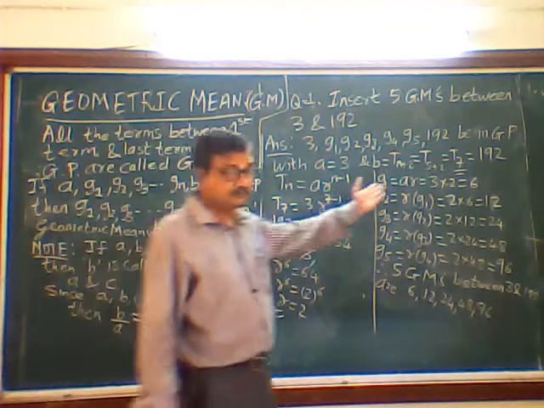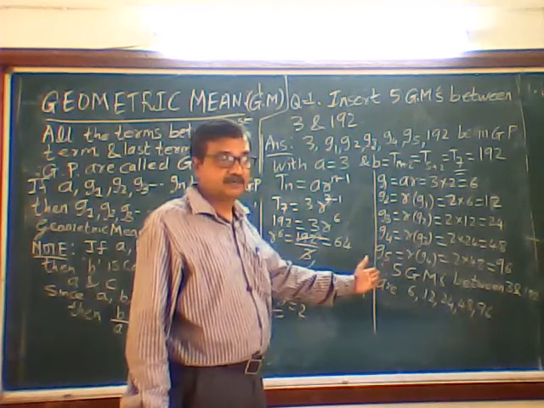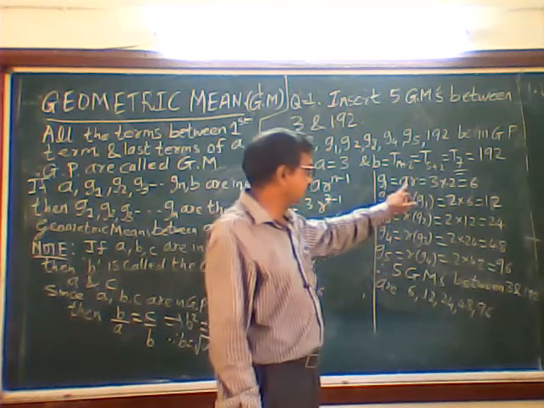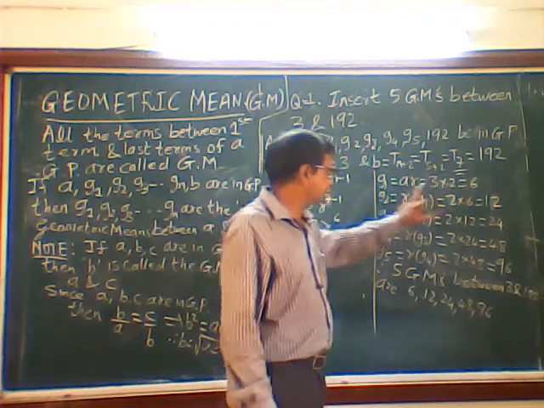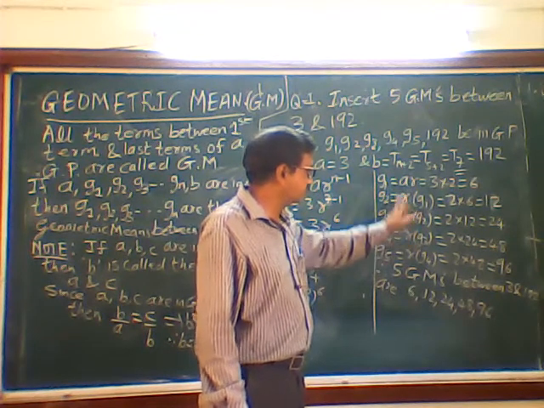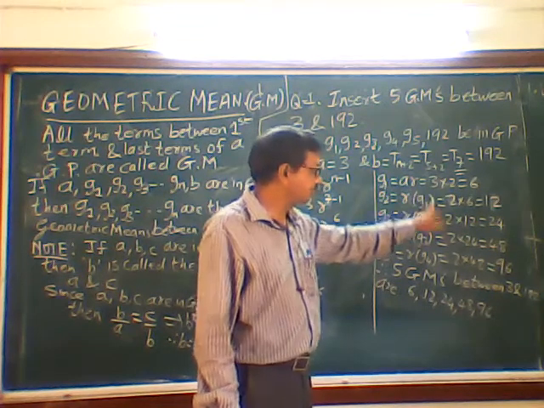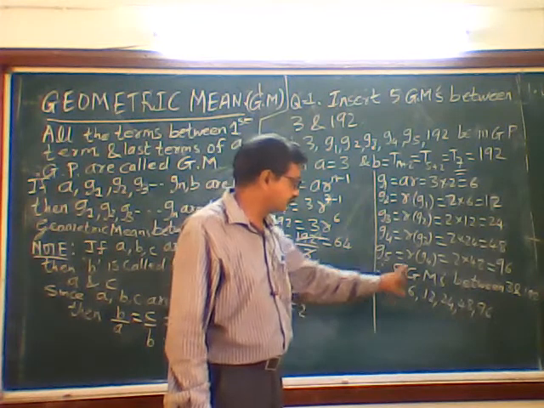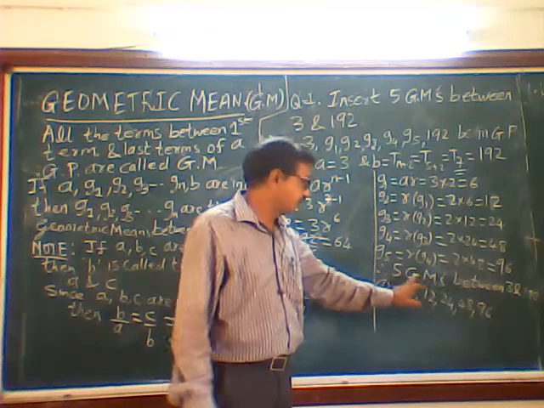Now, one by one, I will find out the five geometric means. G1 is what? AR, 3 into 2, 6. G2 is what? R into G1. G3 is R into G2. You are going to put the previous values and multiply. That way you can get all the values. Therefore, the five GMs